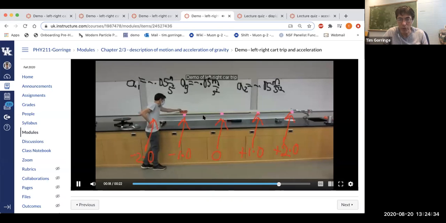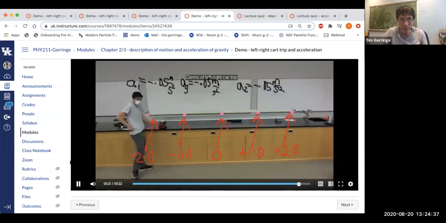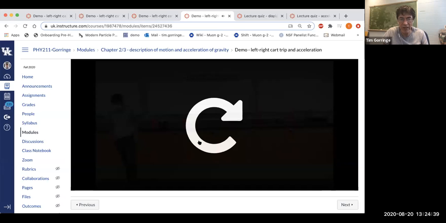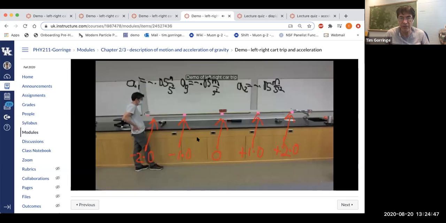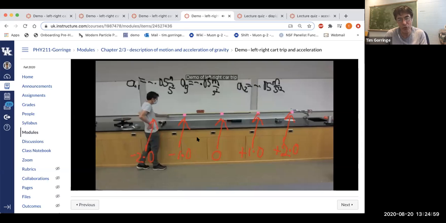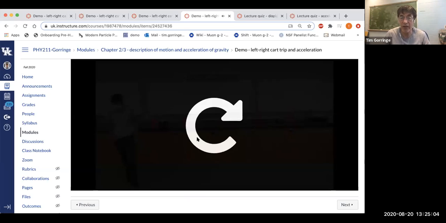I'll play this one more time for you. Just try and watch that acceleration on the two halves of the journey. You might want to do this later. You can play this in slow motion, and you really get a nice feeling for the nature of the motion by watching it, spreading it out over a minute. So slowing down on the way to the right, speeding up on the way to the left. Accelerating both on the travel to the right and the travel to the left.